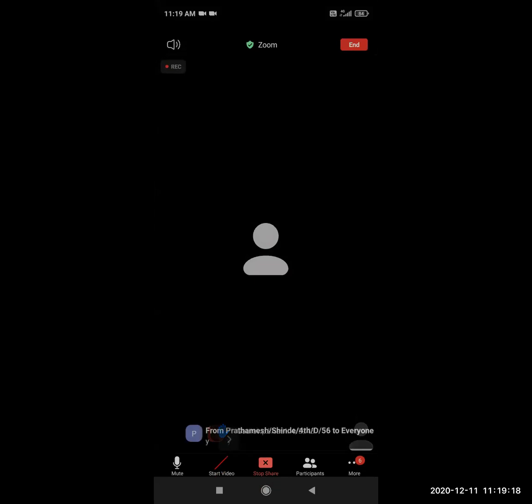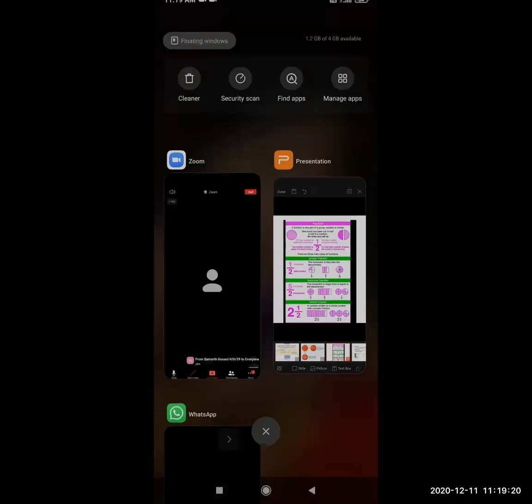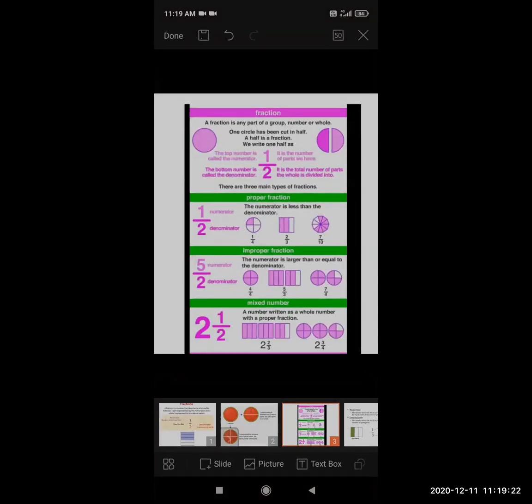So now, improper fraction, in each box 3 equal parts are there. From this 3, 5 are colored and 1 is remaining. So first of all you want to write how many equal parts are there. Total 3. And from this 3, how many are colored? 5 are colored. Correct? Clear, everyone?